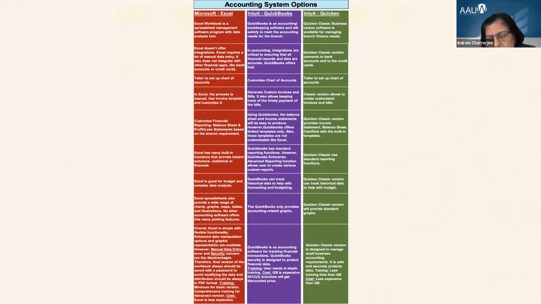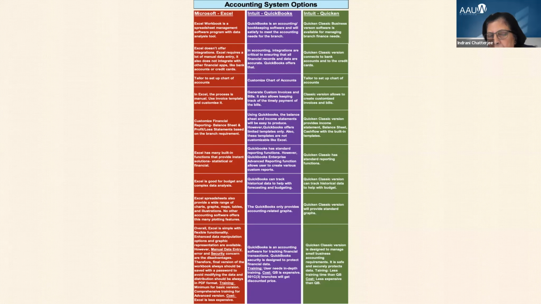For invoicing and billing, you have to create your own template, whereas QuickBooks and Quicken have a built-in template. You just have to modify it based on your requirements. And for Excel financial statements, you have to set up your financial statement with the formulas and the requirements you need every month.